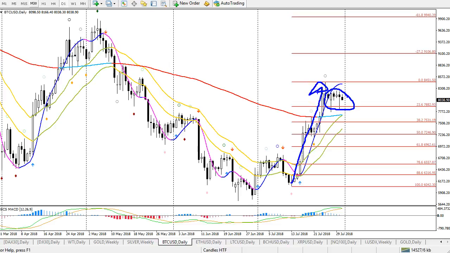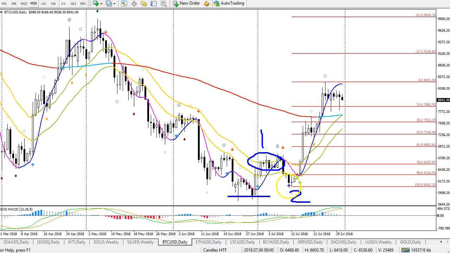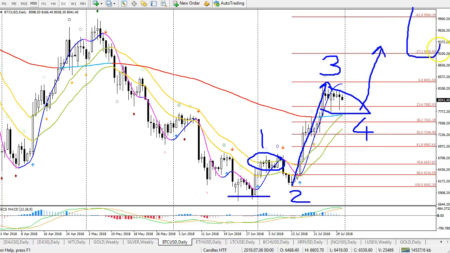Bitcoin is different than the other cryptocurrencies because it did show a bullish impulse here that was able to escape the 21 EMA. So we have what I think is looking like a wave 1 that went into the 21 EMA, a wave 2 that failed to break this bottom, and then we see a strong push above and away from the 21 EMA, which is indicating, I think, a potential wave 3. This correction is looking like a wave 4. Once this correction is finished, we expect a wave 5 at these Fibonacci targets.